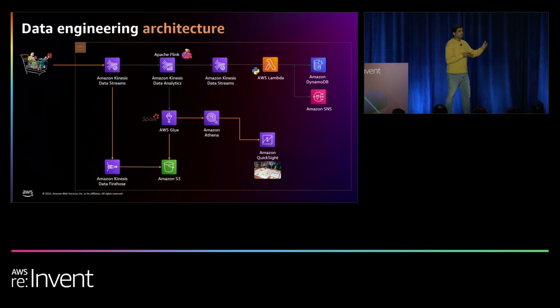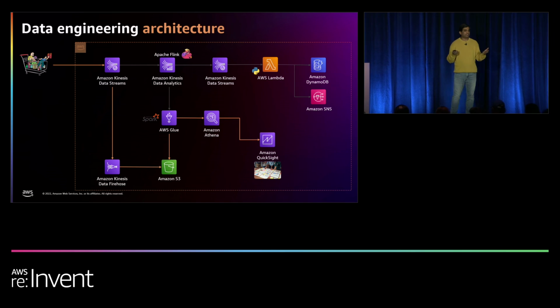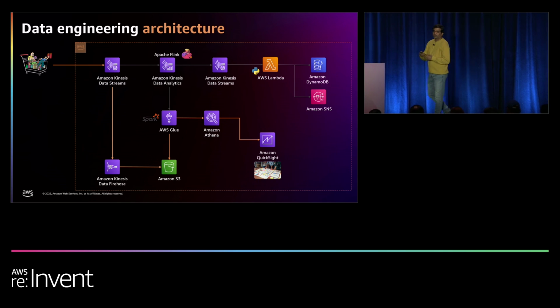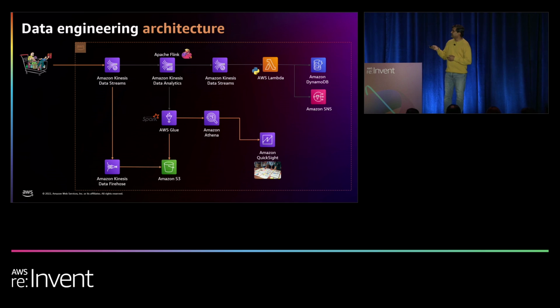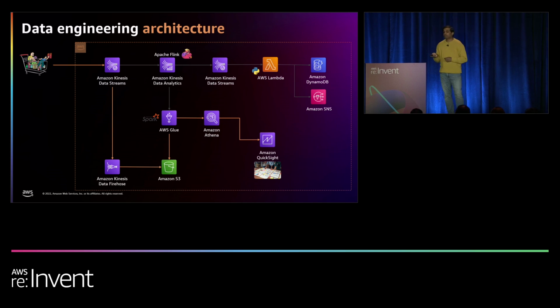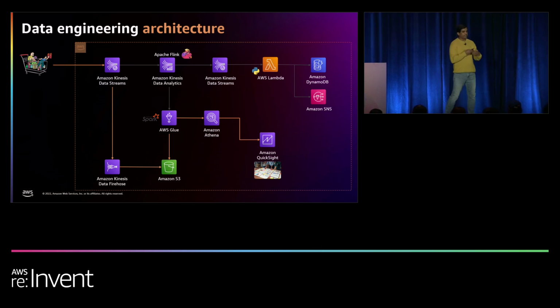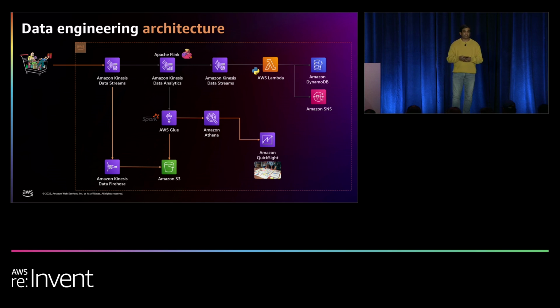But it could be any other use case, like a recommendation engine. Like if the moment a user adds a product, let's say a laptop, you would like to recommend maybe a laptop cover or an adapter. All those decisions can be taken by this application, and then it will trigger a Lambda function, which will do the downstream processing, right? It could be a recommendation, or in this case, blocking that user. And then in the batch processing, we took the data from Kinesis Firehose, saved it on S3, and from S3 we used Glue to catalog that data, and ultimately created a dashboard out of it.